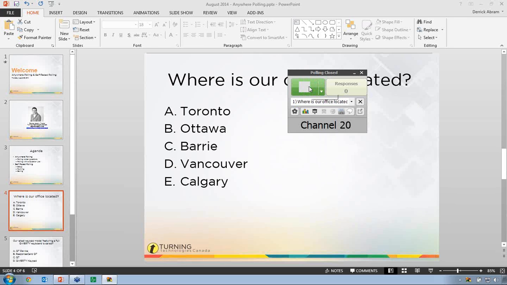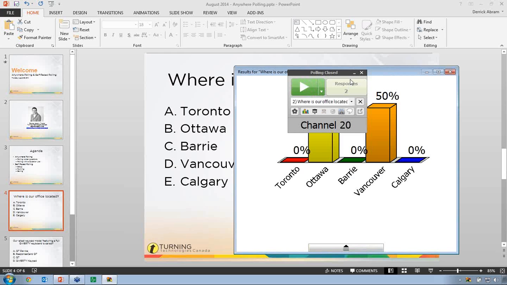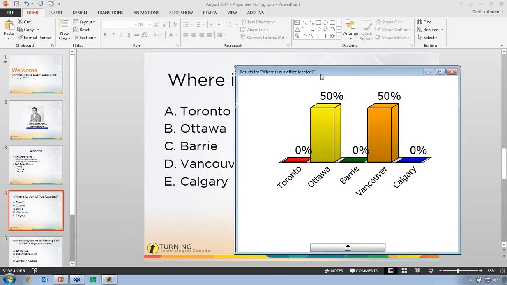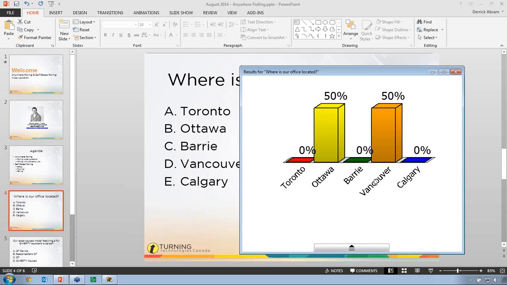All I have to do is hit play. And Turning Point automatically knows now how to restrict the answer choices, what to restrict them to, and what they are. The thing you'll notice is that now instead of just saying answer A, B, C, D under my chart, it now shows my actual answer choices. So now it's another spot where it's easier to start tying all this information together.